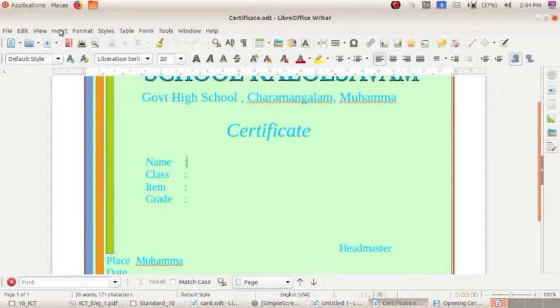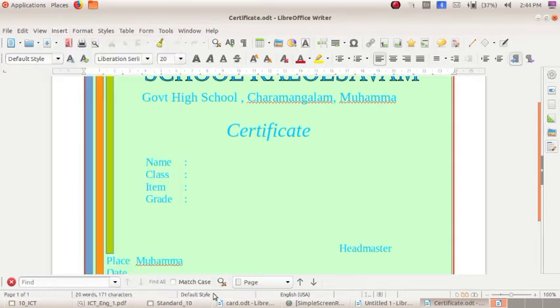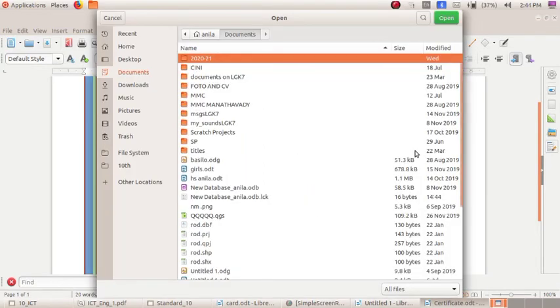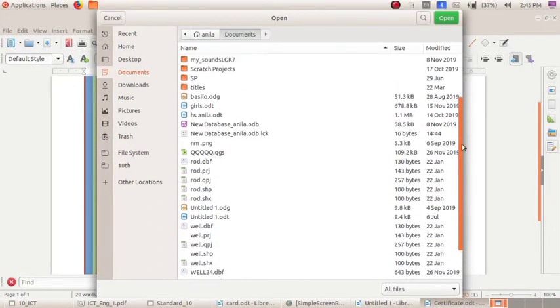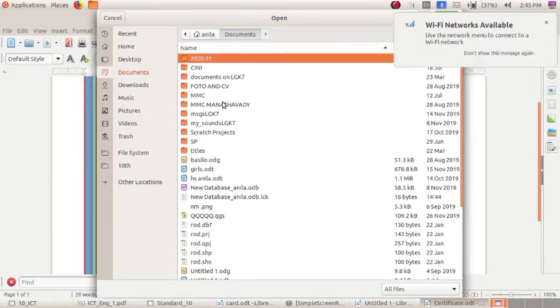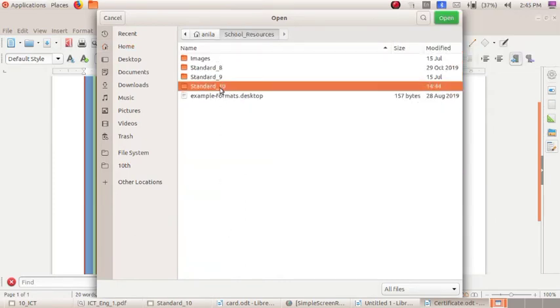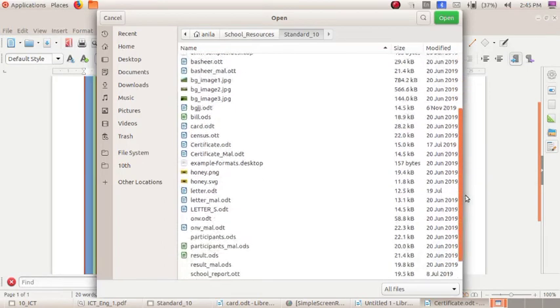So go for insert, field, more fields, database, mail merge fields, then browse result.ods file. In the certificate we want to insert the results from the school resources. Standard 10 results.ods.